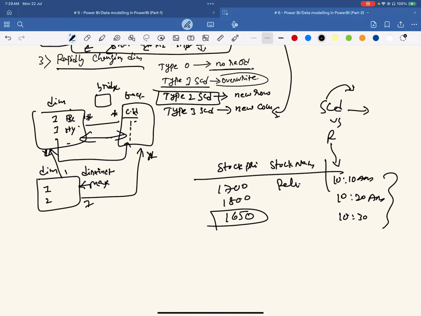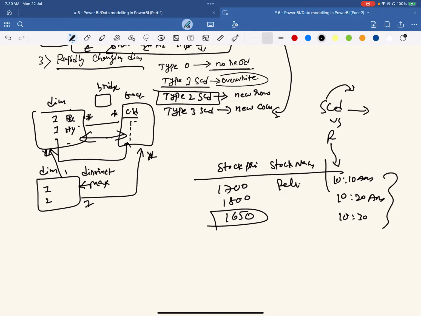We'll try to cover data warehouse concepts as well after this series, but meanwhile, you can go and read online. There are lots of stories available. You can go and read them if you want to master them. So these are the different dimensions and the steps that you need to take care of before you